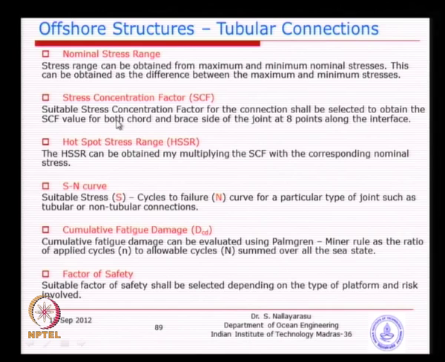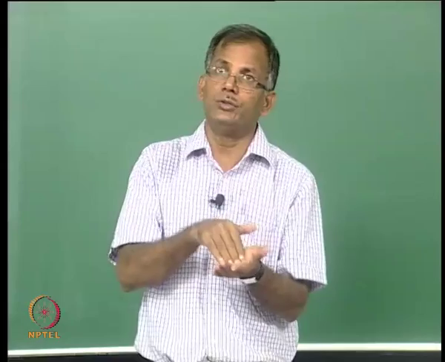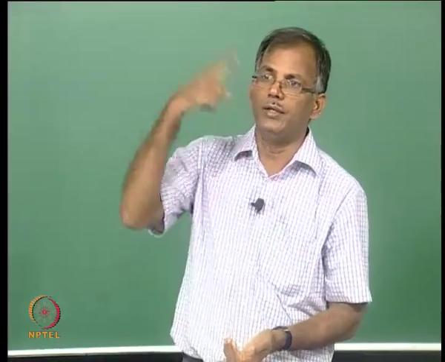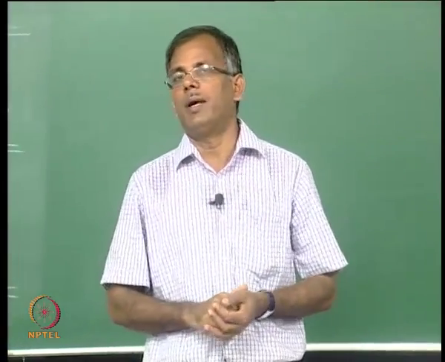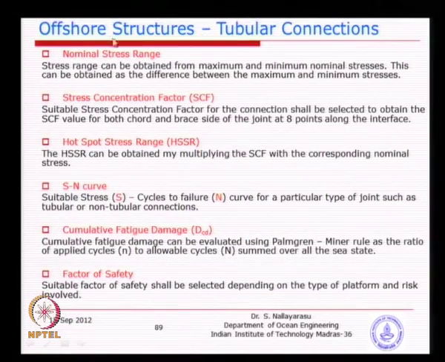Stress concentration factor is basically the local or localized increase at the junction between the brace and chord. So, you need to calculate this. Of course, this is the ratio of the local hotspot stress to the nominal stress applied elsewhere slightly away, and then when you multiply these two, you will get the hotspot. Hotspot is nothing but the localized increased stress, which we are trying to find out by indirect means, because we know how to calculate this, by empirical methods, then we try to get this.